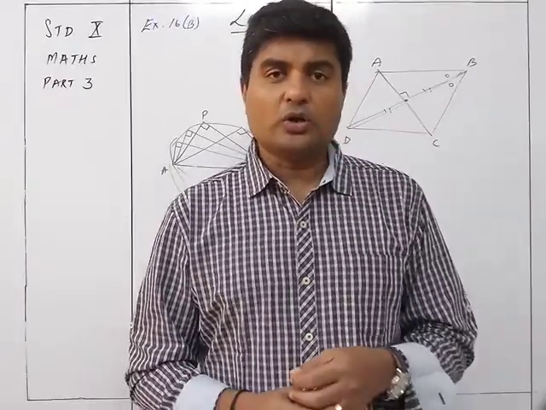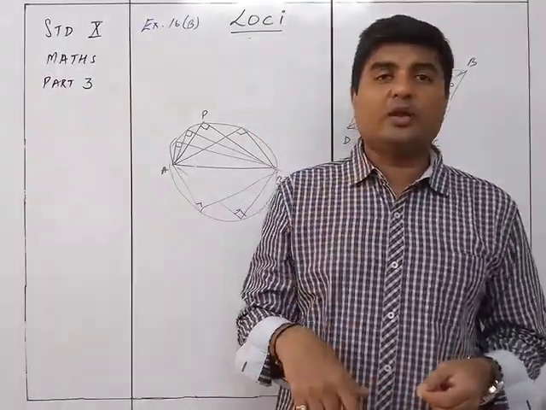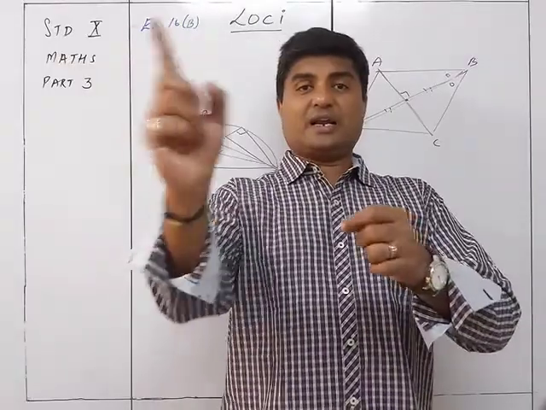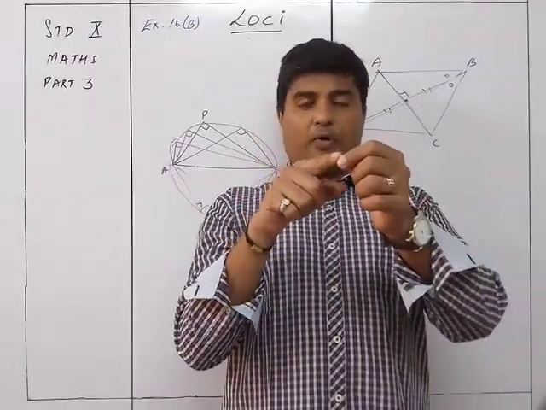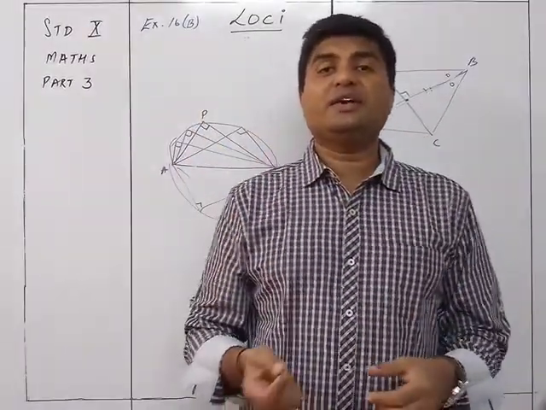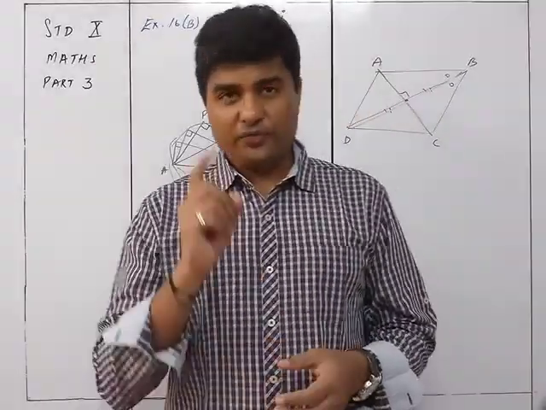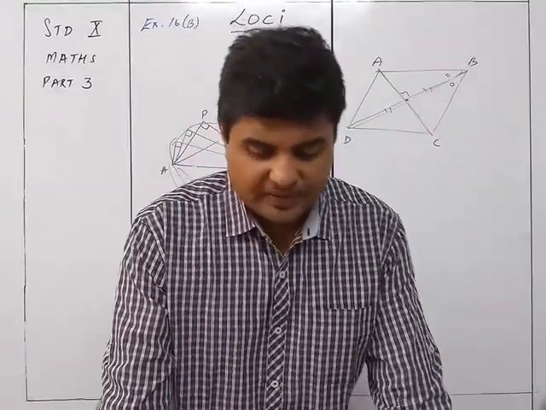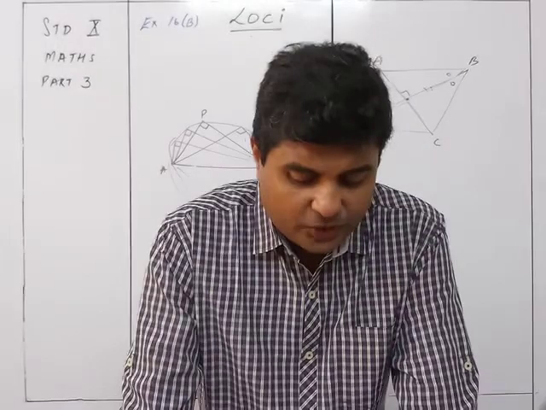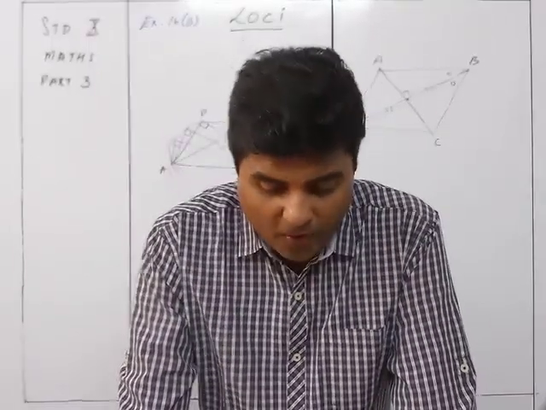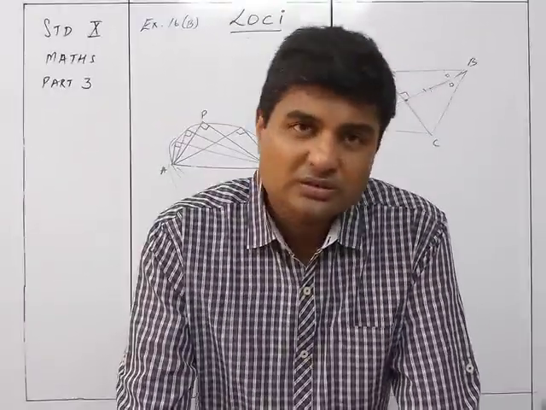332 meters. So automatically, who will be the people hearing it exactly after 1 second? Those on a circumference from that particular point, at a distance of 332 meters from the point of the gunshot. So that's why it will be the circumference of a circle of radius 332 meters with center at the point where the gunshot took place.